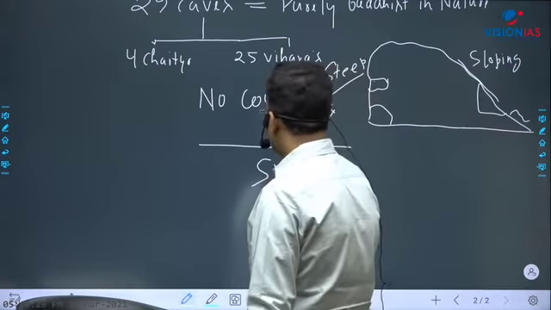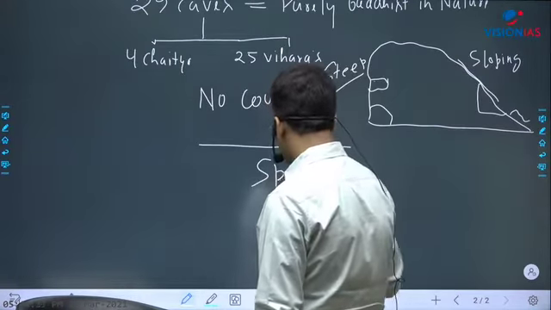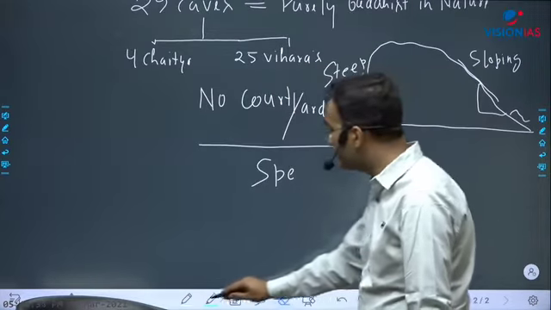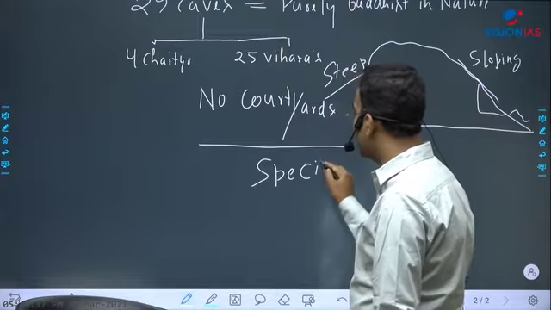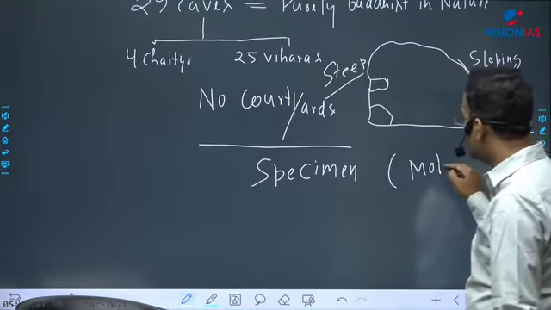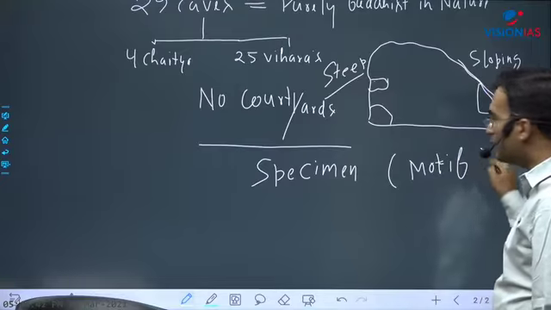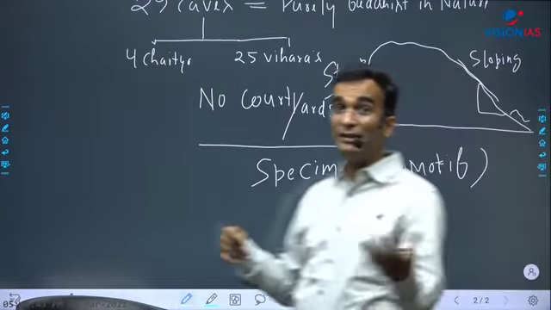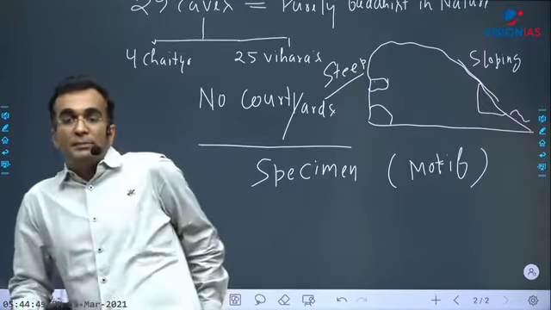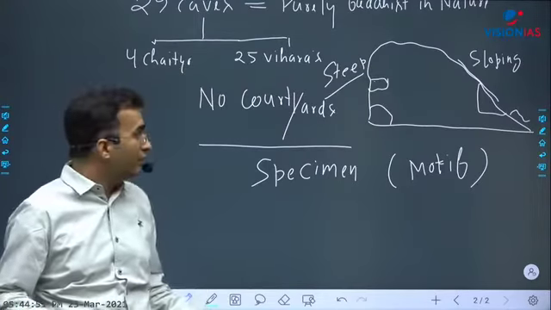For example, this word I'm using, specimen, then motif, intricate, these words would be used in the art and culture part. So specimen, and in many places I use this word motif. So keep this in mind as well, that whenever I'm dictating this part, this is the spelling you will be writing. So Buddhist specimen which includes